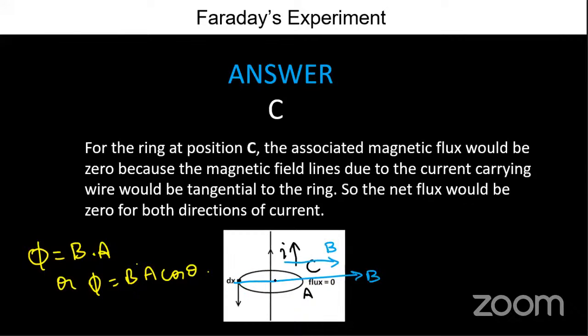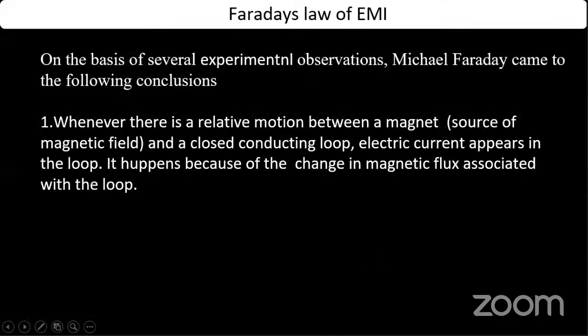Then the area vector will also be perpendicular to the area. So what is the angle between the magnetic field and the area vector? I want only the magnetic field and the area, right? Theta is 90 degrees. Then what is cos theta? Zero. Cos theta will be zero, so flux will be minimum in C. That's the answer. On the basis of several experiments, Faraday observed that